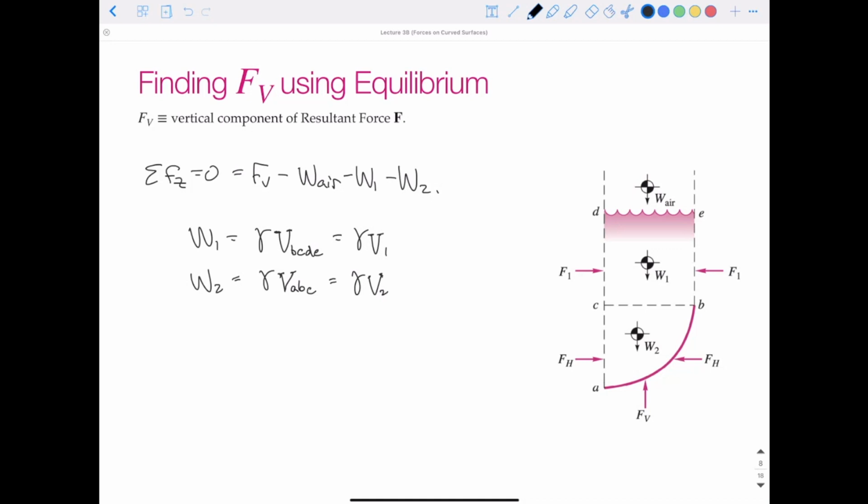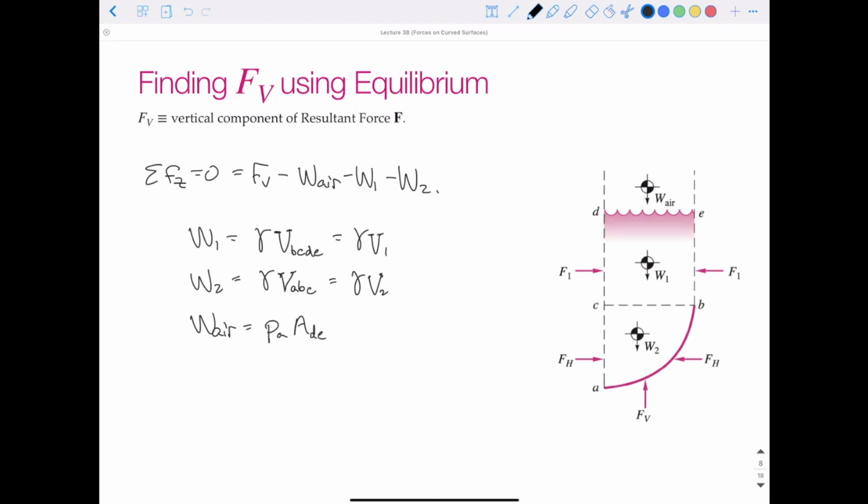And then the weight of the air, we can just consider that as a horizontal surface. And we know the pressure of that horizontal surface, and that's equal to the pressure of the atmosphere, or the pressure at that surface times the area of that surface. So the pressure of the atmosphere times the area of